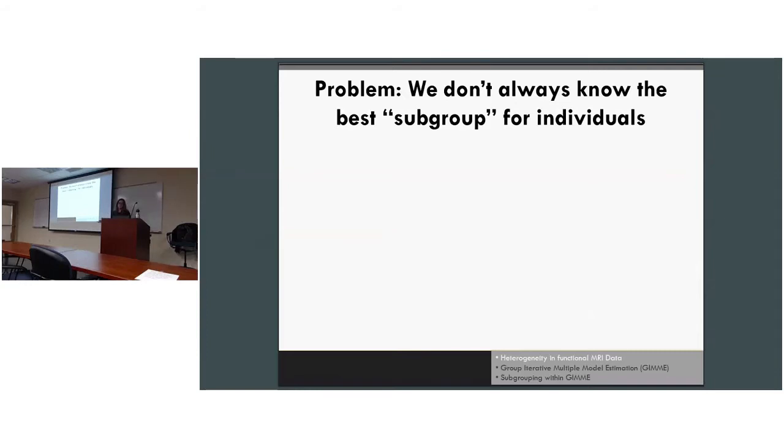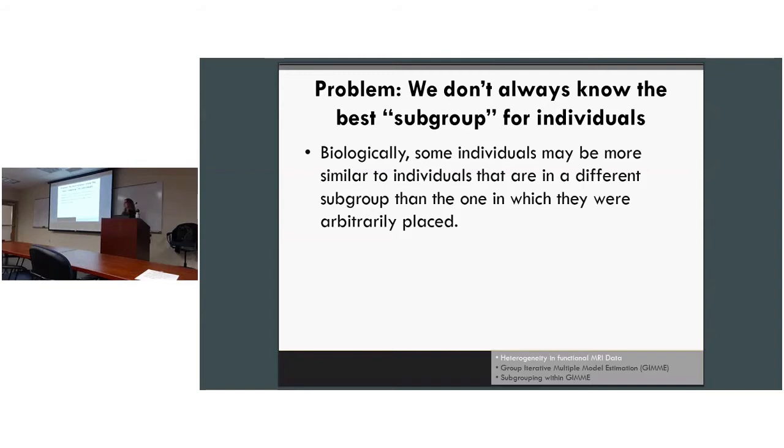You could come up with anything to place people into subgroups on, but we don't know if that is the best subgroup for them. Is that the subgroup, or are they actually being placed with people that have shared biological underpinnings, or are they being placed with people that just have shared behavioral variables, or for instance, demographic variables? And so when we are placing people into groups a priori, we're doing it rather arbitrarily because there are so many dimensions upon which I can classify any one individual.